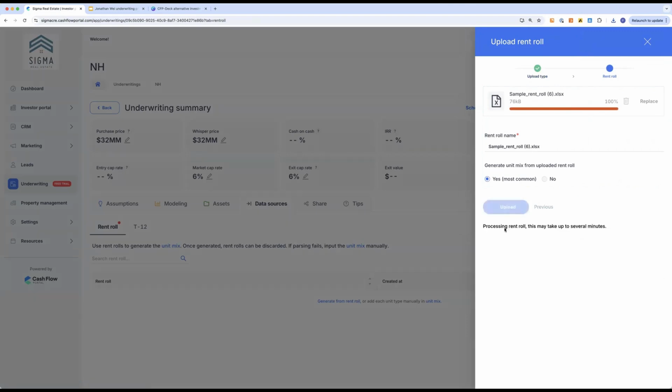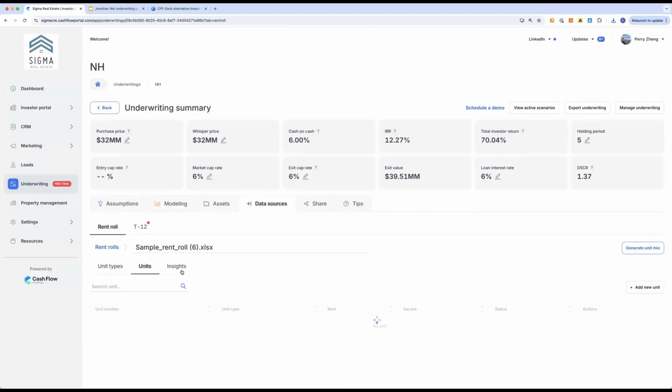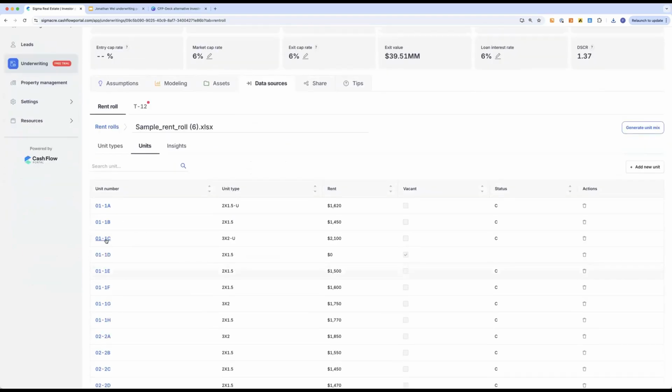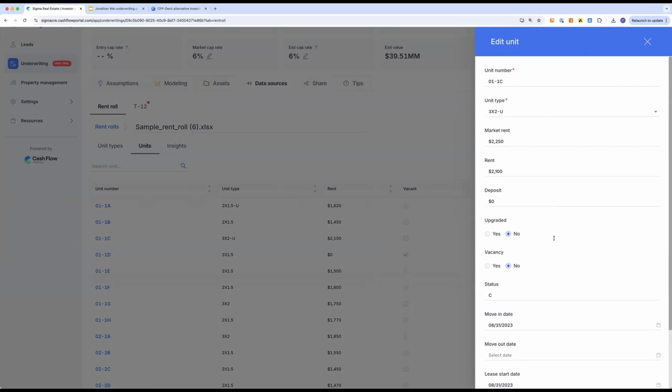And then voila, we basically do a pivot table on that rent roll. I parse all the unit types and gather all the total units, including the market rent, minimum rent, maximum rent, and so on. If you want to see the specific unit types, you can see that each one of those units has been saved into our system.